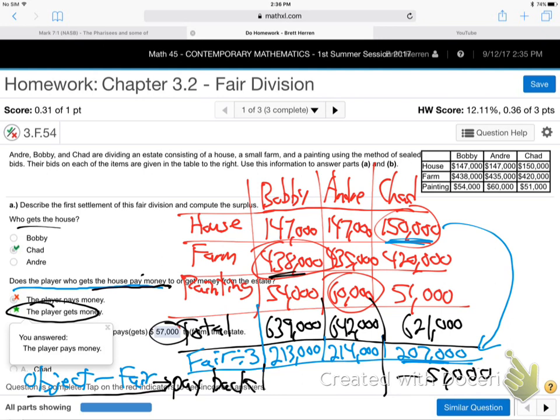The person that got the farm, Bobby, said that farm was worth $438. He wrote it. He could write anything he wants. He wrote it's worth $438. So when we handed it to him, you said that's worth $438, Bobby. And you said you should get a fair share of 213. So subtract those, right? You take object minus fair. If you subtract this minus this, you're going to get some big number,